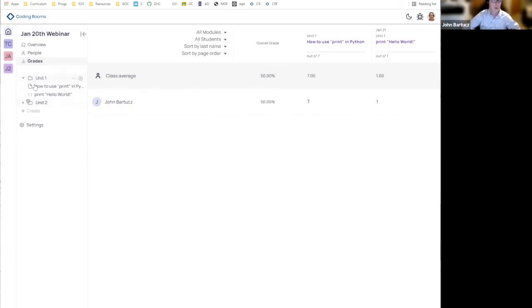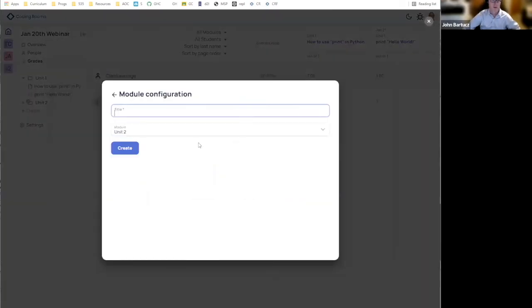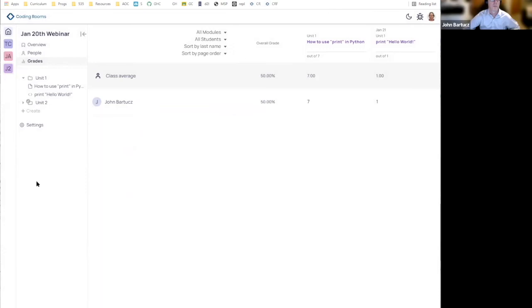So you can create units inside units. So it's really flexible in how you want to organize your